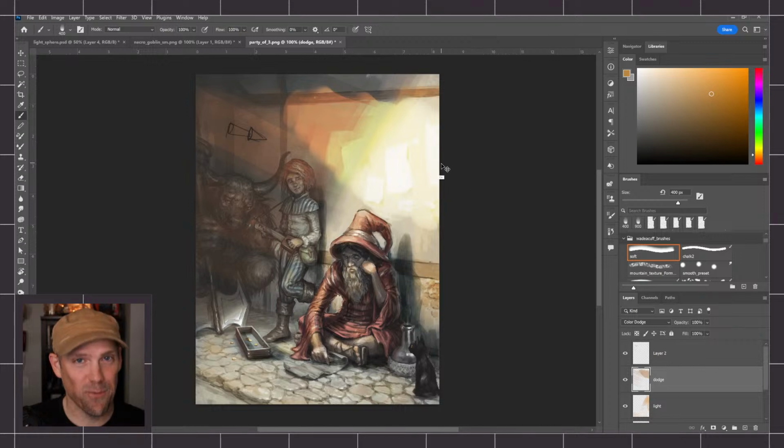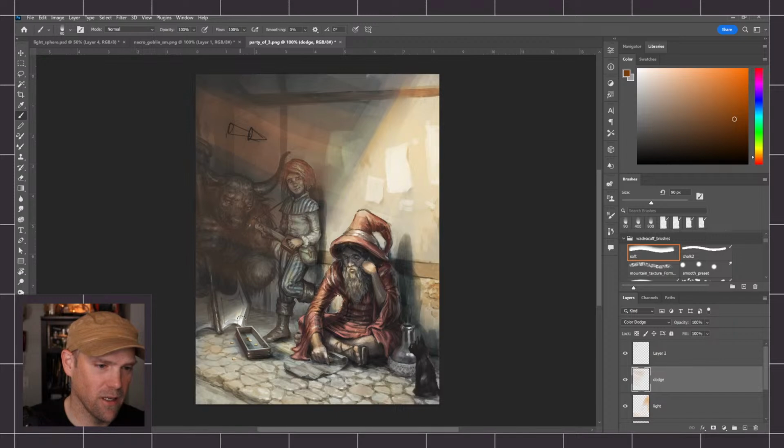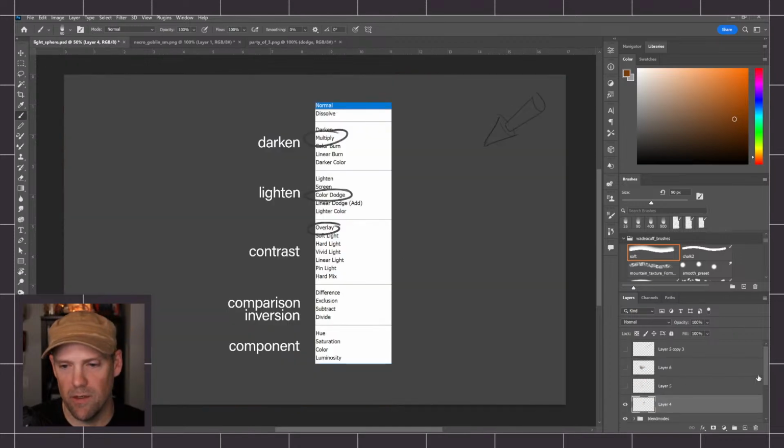But what that is really good for is rendering metal. I know we're talking about lighting, but if I come over here and I'm just going to grab something really saturated and I start hitting this blade, this little axe or whatever that's in shadow, it's really going to punch that out. So it's really good for metal. And real quick, I want to show you back on the sphere,